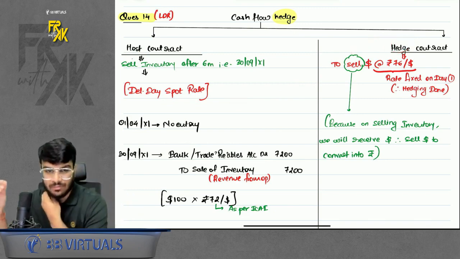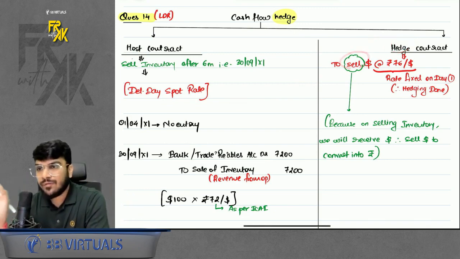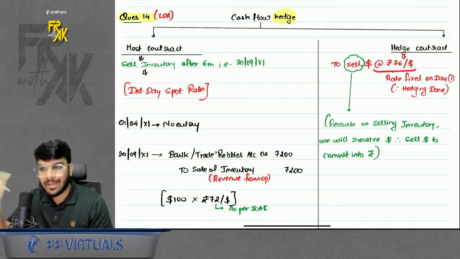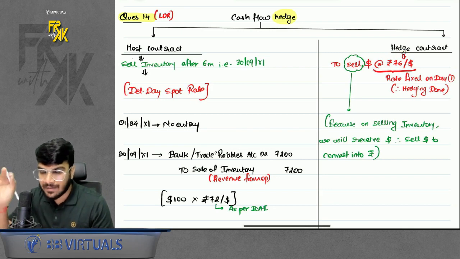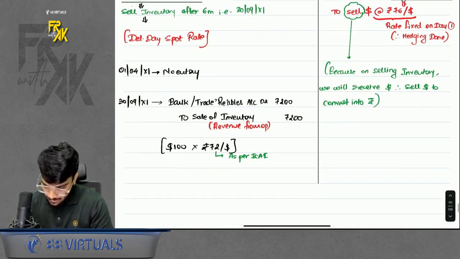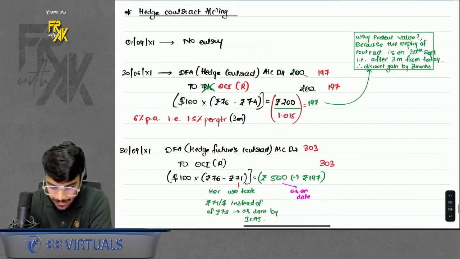Okay, because you are going to receive dollars. Have we fixed the rate? Yes. We have fixed the rate. Hedging done. That is why it is a cash flow hedge. We have fixed the rate at 76. Whenever we receive dollars, we will sell at 76 only. Anyways. Now, hedge accounting, hedge contract